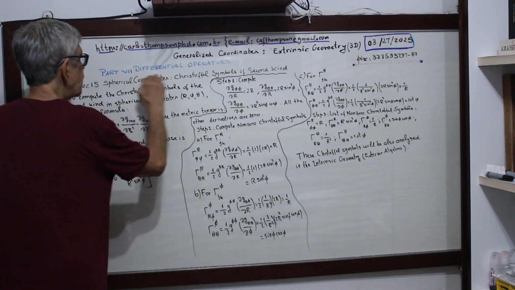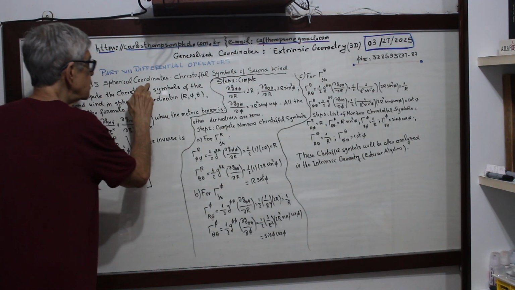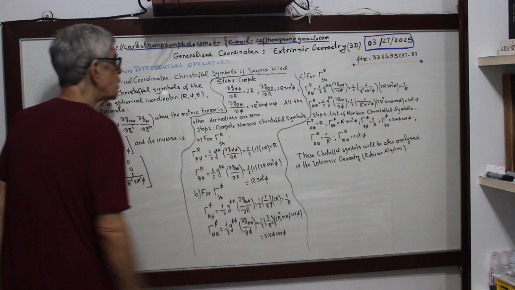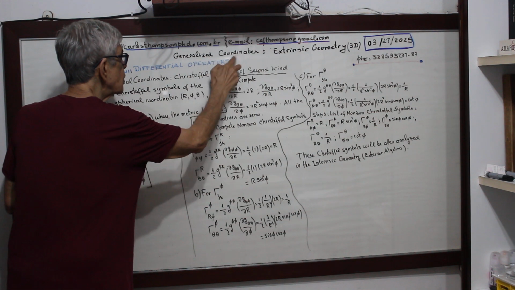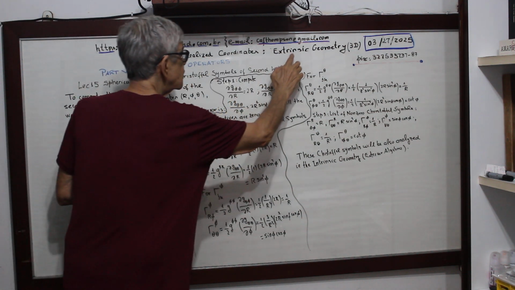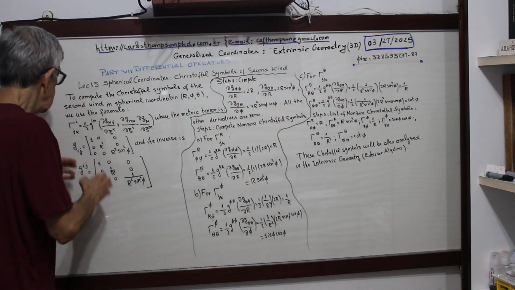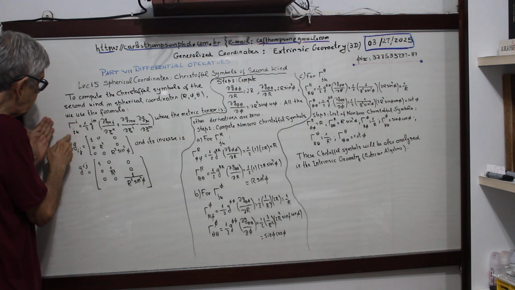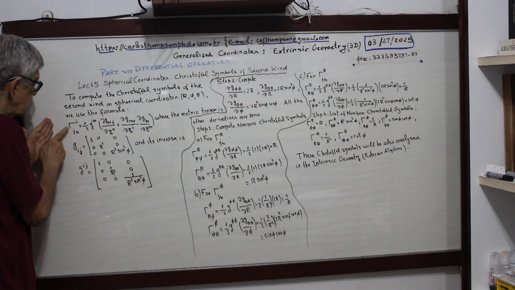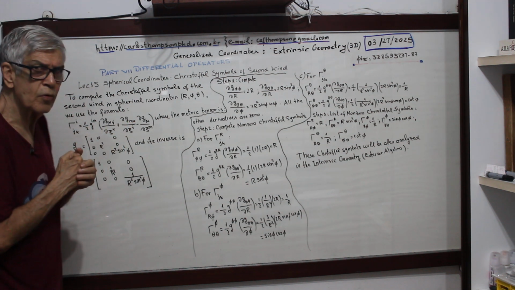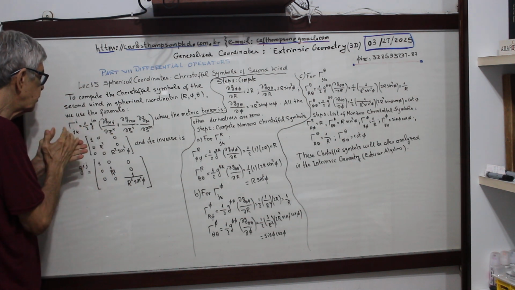Part 7, Differential Operator. Lecture 15, Spherical Coordinates, Christoffel symbols of second kind. So this is a particular case of the generalized coordinates. Still extrinsic geometry, three-dimensional space. This is the formula for the Christoffel symbol of second kind. This formula was derived previously, and we use the